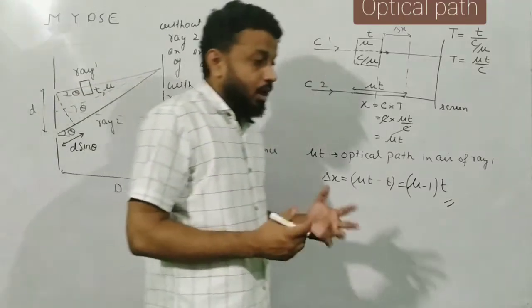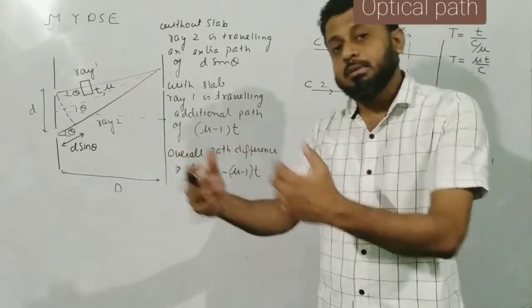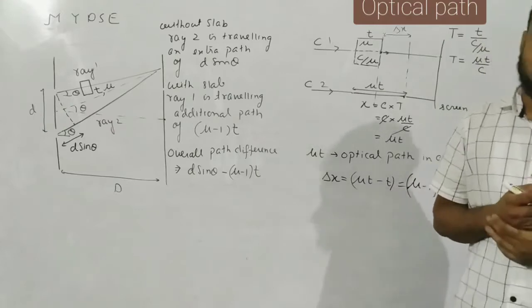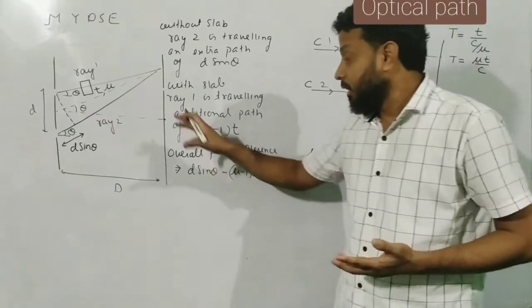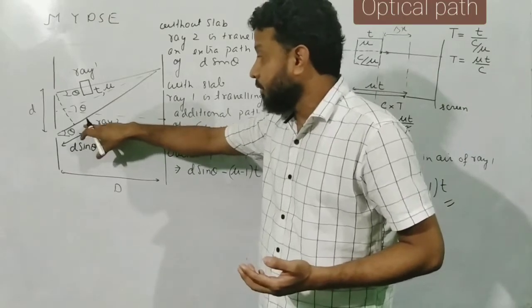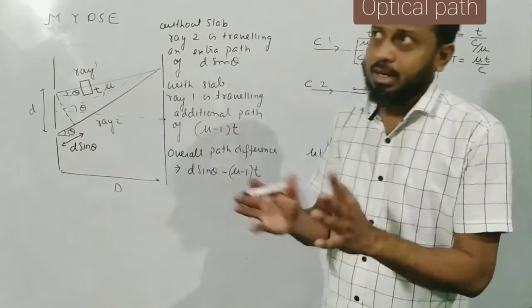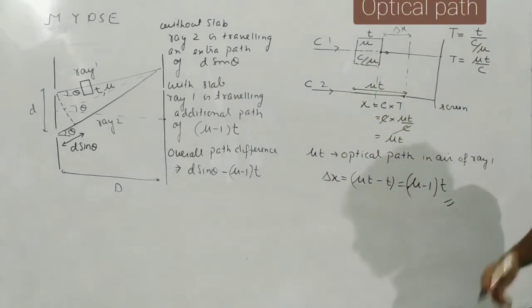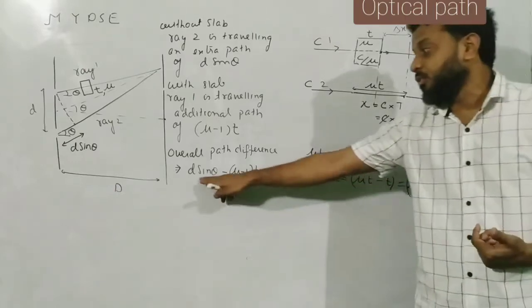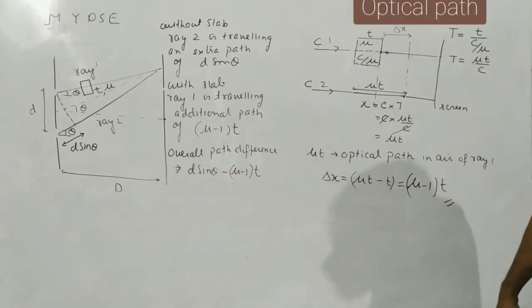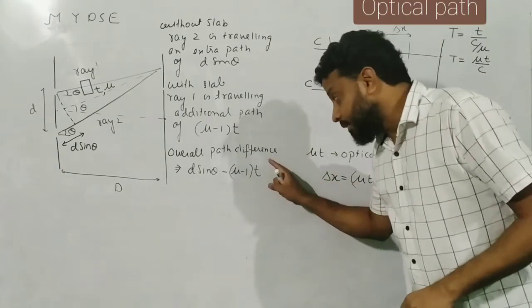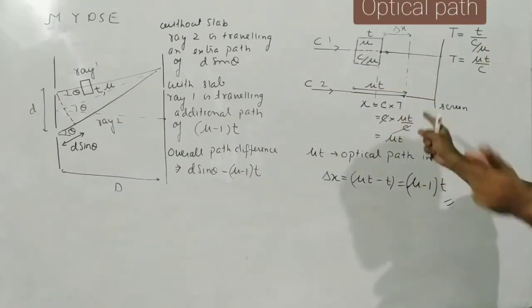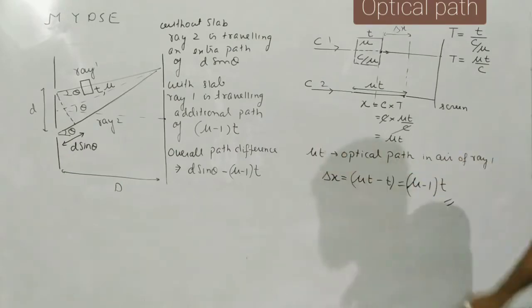It's just like this. Without the slab, if ray 2 is traveling an additional path of, let us say, 2 meter, and with the slab, ray 1 is traveling an additional path of how much I said, I forgot. Okay, I will do it again. Let us say that without the slab ray 2 is traveling an additional path of 4 meter, and ray 1 with the slab is traveling an additional path of 3 meter. So what is the overall path difference? The overall path difference is 4 minus 3, which is equal to 1. That is the overall path difference. If you are not able to understand this, wait for the next example, and then it will be crystal clear to you. But right now let me just complete this entire thing.